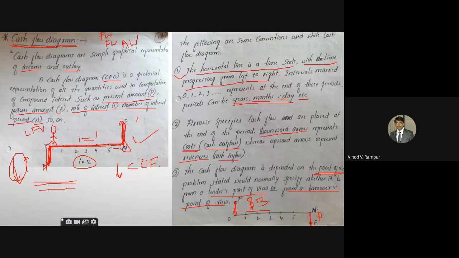So the upward arrow at the starting time period zero means I have become a borrower. At time period zero, if I am paying money to others, then I become a lender. Is it clear? Here I am giving the money and getting the future sum of the amount. Here I am taking the money from someone and giving the money back at the end of the nth period. This is a cash flow diagram. You have to remember this whenever we solve problems. Without knowing the cash flow diagram, you are not going to write any formula for anything.